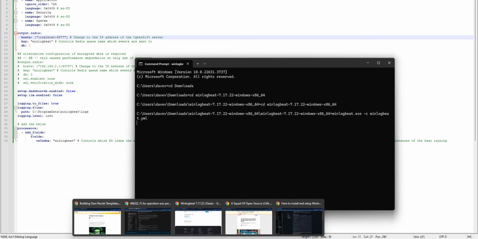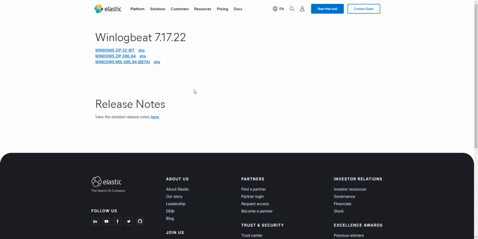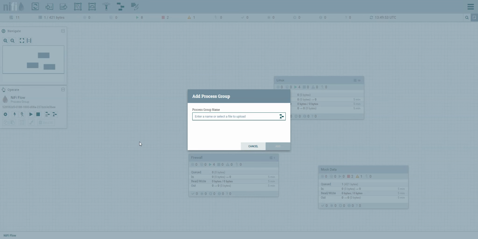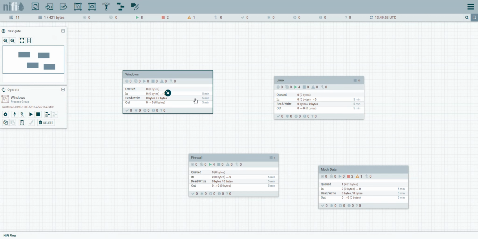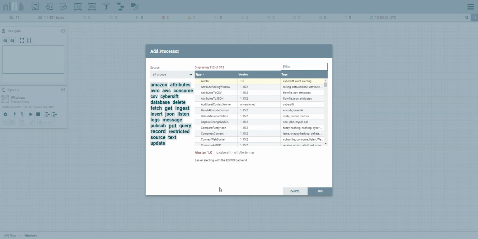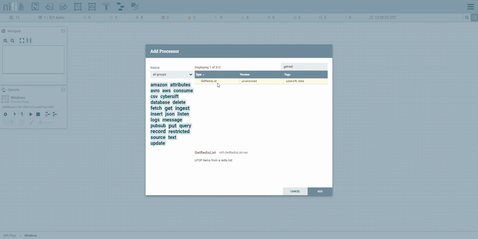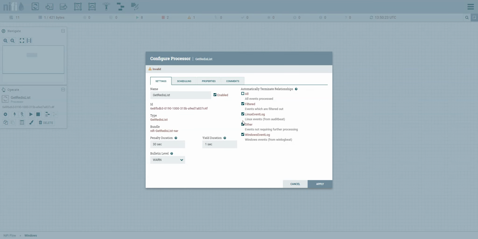So assuming that everything is going into our SIEM, we need to configure Niffy to start picking up these logs. So right now everything is being buffered on the SIEM, but we need to actually do something with those logs that are being sent. And here we do have things that actually come out of the box, but I'm going to build it from scratch just to show you. So let's go into Windows, we'll go here, open this. All the logs are being sent to a custom Redis instance. So the first thing is I want to pick up these logs, get Redis list, and it asks me to configure a couple of things,